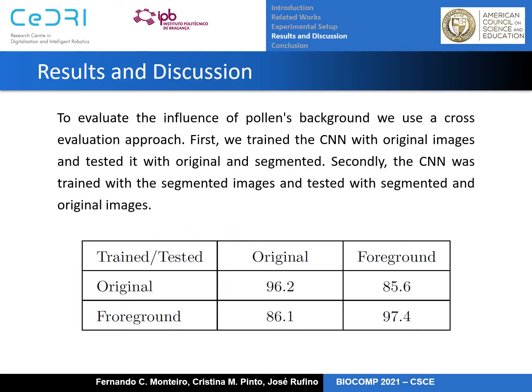To evaluate the influence of pollen background, we use a cross-evaluation approach. First, we train the CNN with original images and test it with the original and segmented. Secondly, the CNN was trained with segmented images and tested with segmented and original images. The CNN used in this study has good performance, as it allows us to conclude that segmenting pollen grain images improved classification performance, achieving an accuracy of